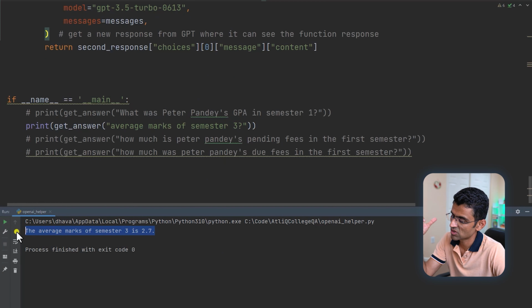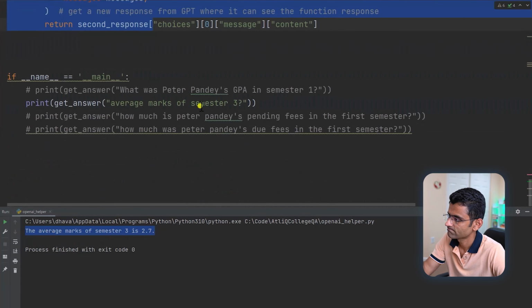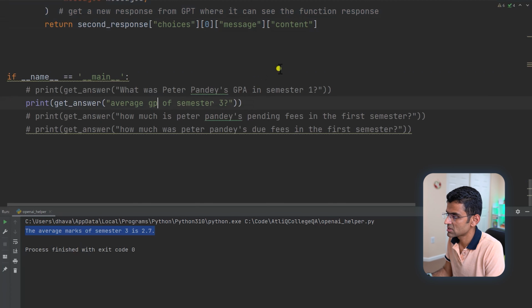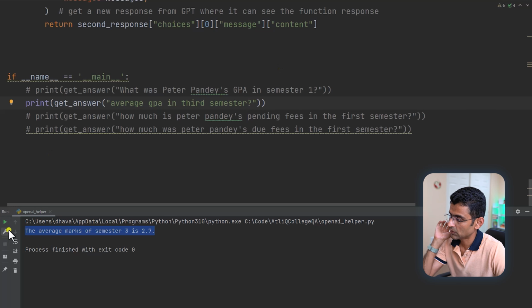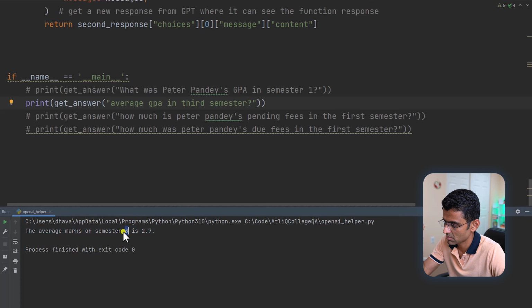This nice, beautiful sentence is generated by the second call. And if you say average GPA in third semester, notice this is the same question but the language I'm using is different, and it gives me the appropriate answer. Previously it was the average marks of semester 3, where 3 was a number, and here it was marks.